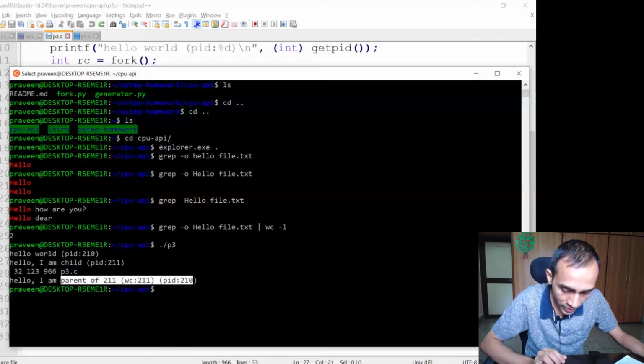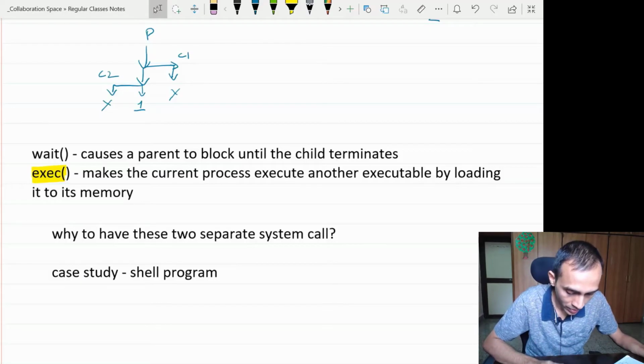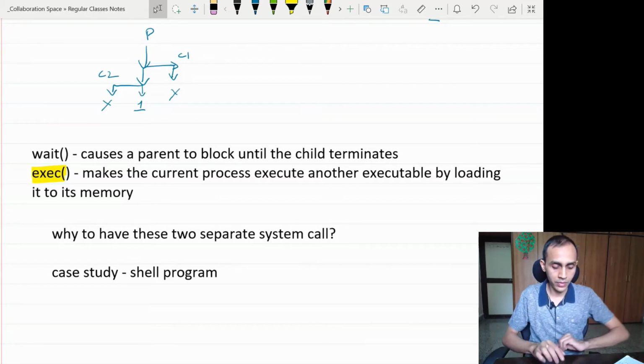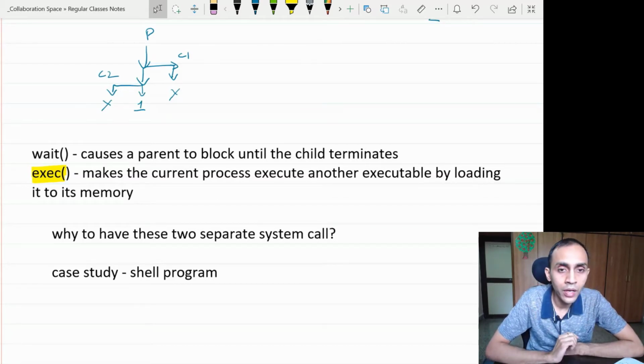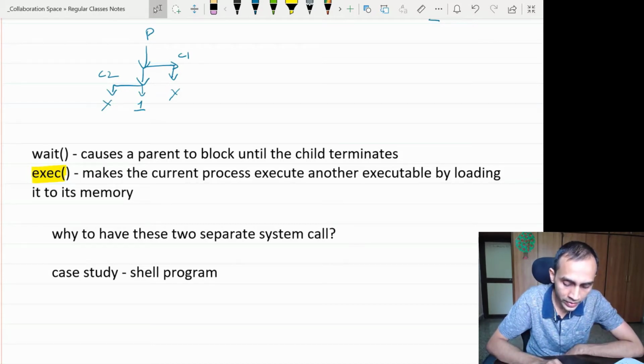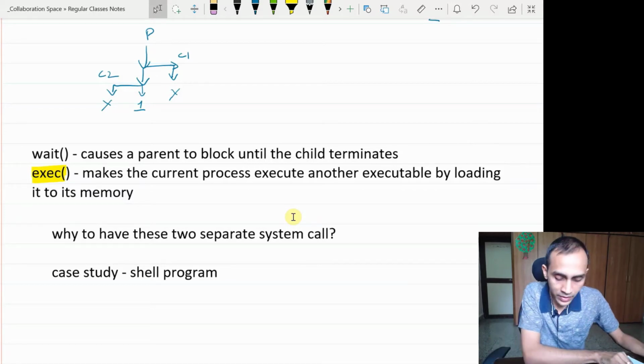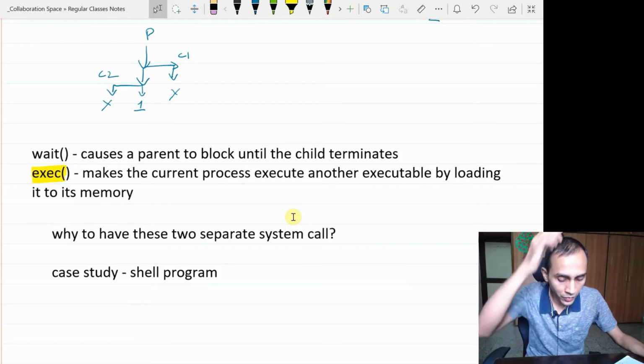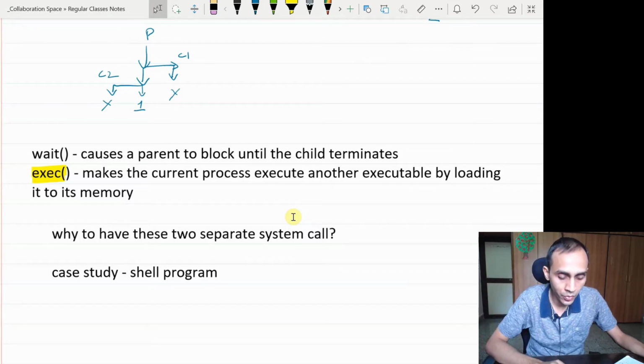So I think we completed till this point in the last class. As I said, I have already uploaded the PPT slides in the course material in the general channel section, and the code links are already there on the website. I don't have to explicitly mention the code every time. Here I have explicitly listed the link for the CPU API code, but from the website you can get the demo codes for all chapters that I will be talking about.